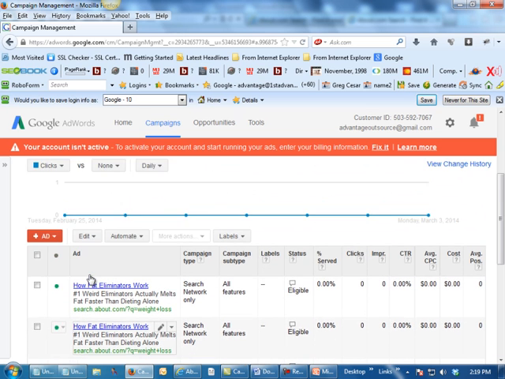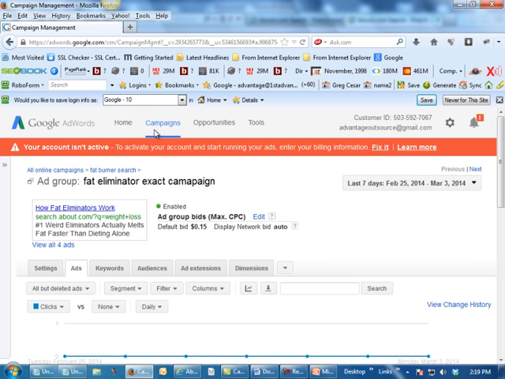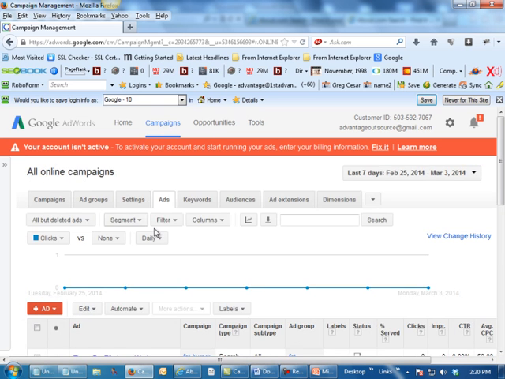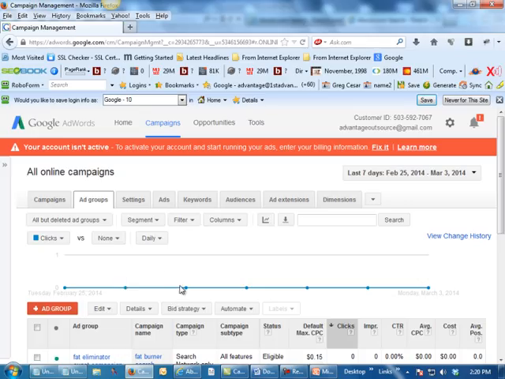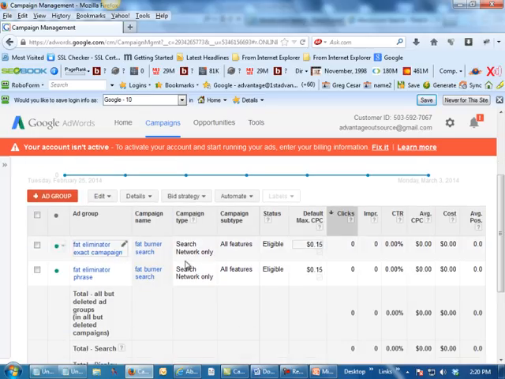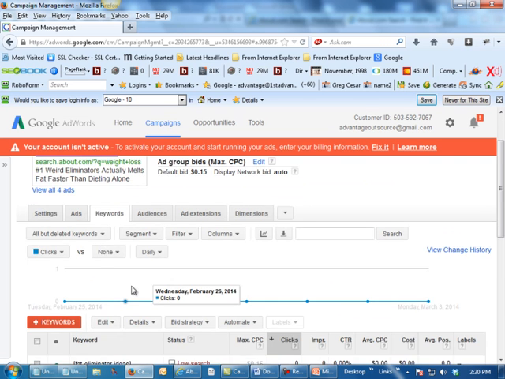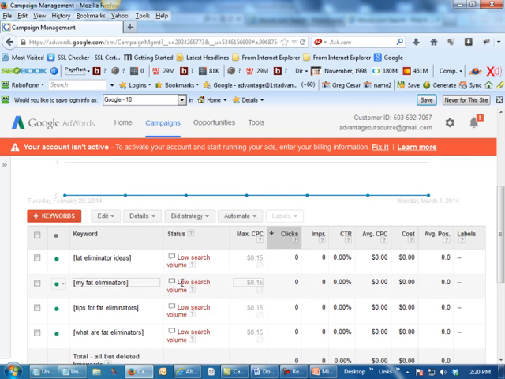Now I'm going to show you one other thing when it comes to creating your campaign. So let's go back to the campaign tab, and then we are in settings. Let's go to all online campaigns and go to our ad groups tab. So the other thing you can do when you're starting out your campaign is this. You don't have to have all of the keywords that I showed you here, right? You can come in here and,